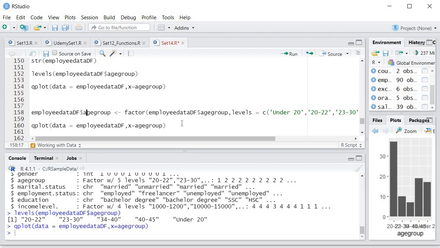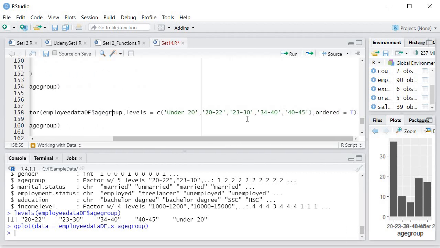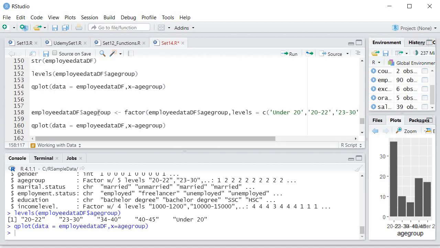Okay, so here what we can do is we can make use of this factor. What I have written here is factor, and then what I am passing is employee data df dollar age group, which is your column name, and then inside this I am passing the levels. Levels is equal to C. First one is under 20, then 20 to 22, 23 to 30, 34 to 40, then 40 to 45, and then at last I'm setting ordered is equal to T, which is true. Okay, now if I execute this,